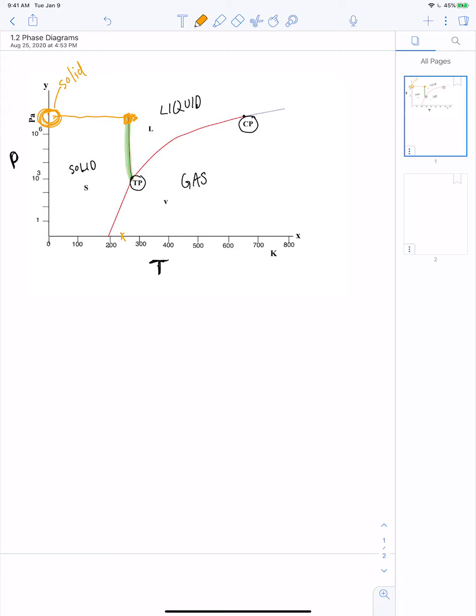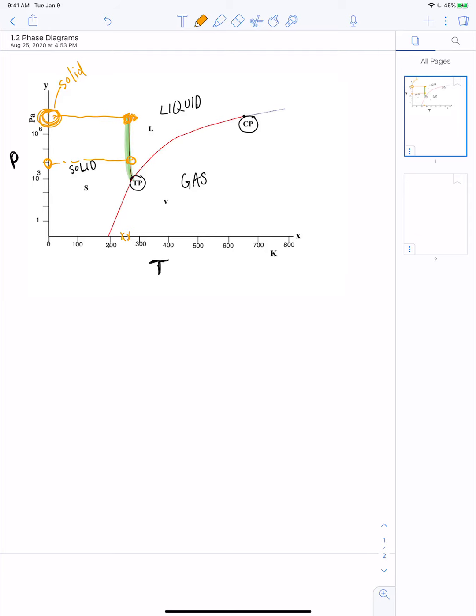So if I were, let's say, at this pressure instead, and I started increasing the temperature, the phase transition would actually happen a little bit later. So a little bit higher of a temperature to go from solid to liquid. If I continue to drop the pressure down,